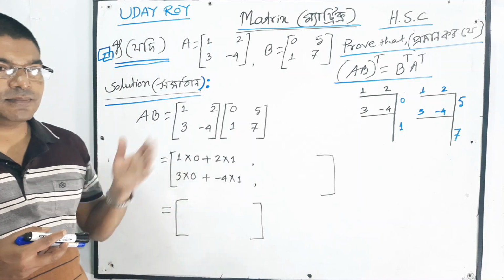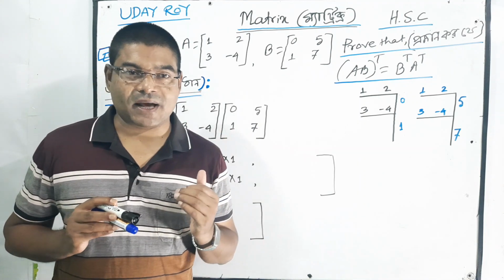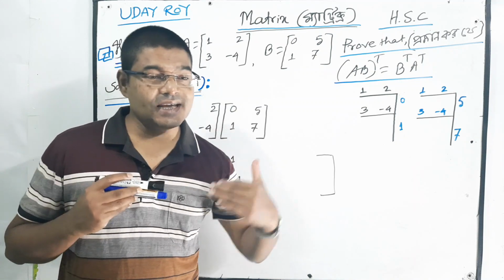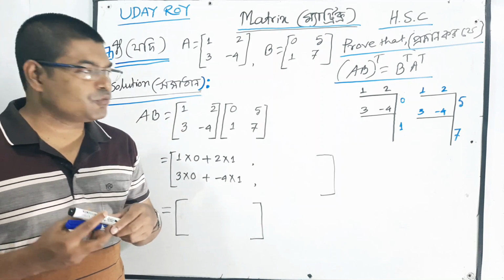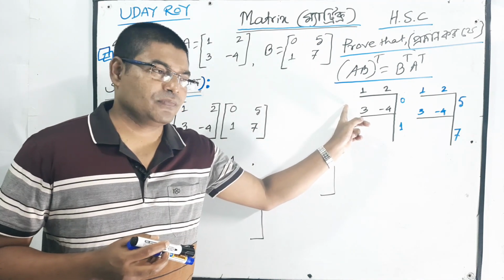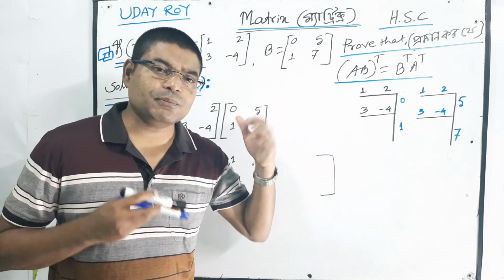So dear students, please follow the board. Here you have to find out AB at first. At first AB, A into B. Before starting AB, you have to follow the system. Without this you cannot do the maths. Okay, if you follow it, you will be benefited.